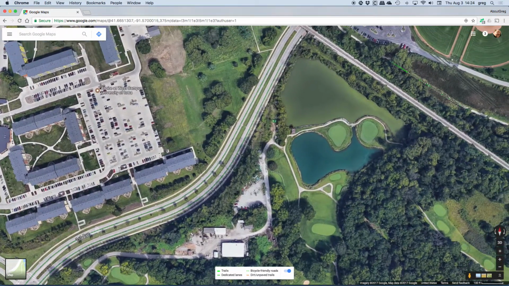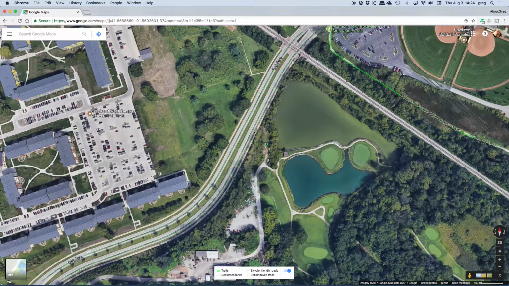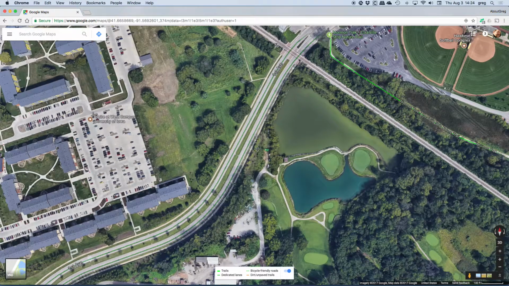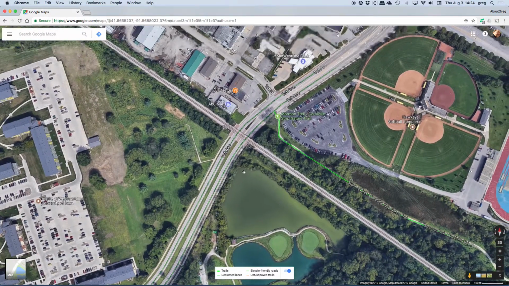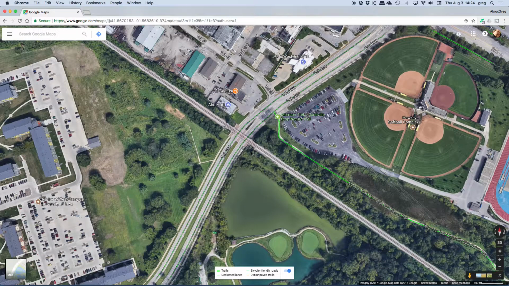And even though you can see a lot of beautiful or interesting aspects of this golf course here on the right, it's all going to be blocked from your view by these trees that are on a hill. So don't be looking for that while you're riding, because you won't see it. But anyway, once you get to